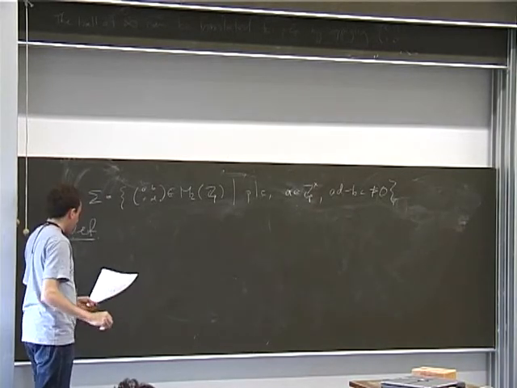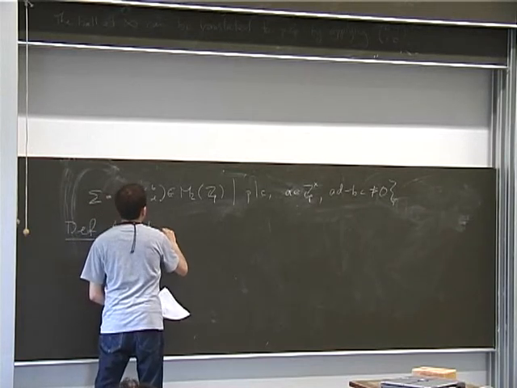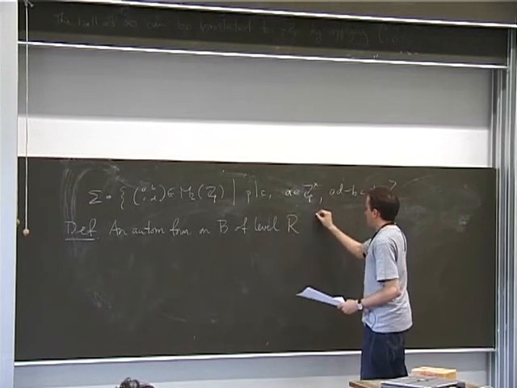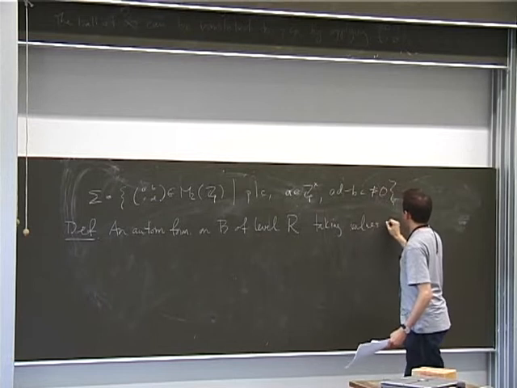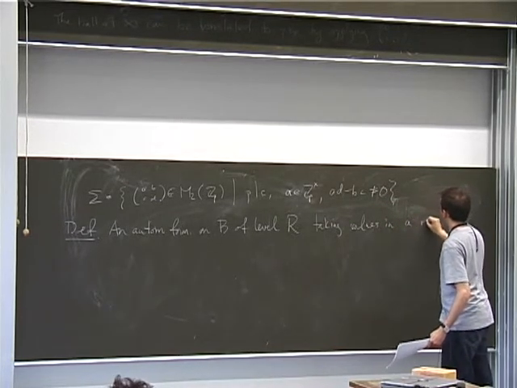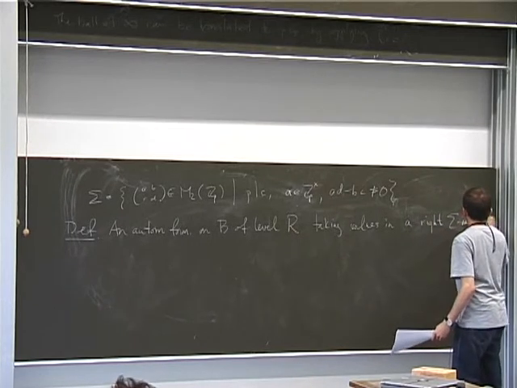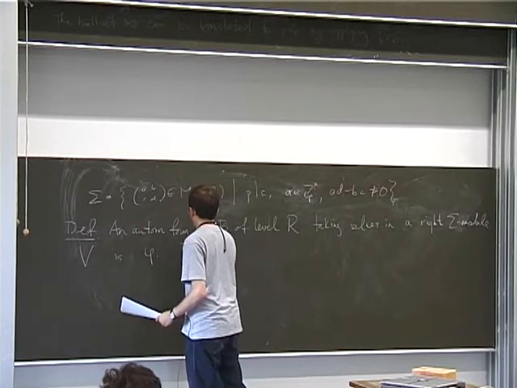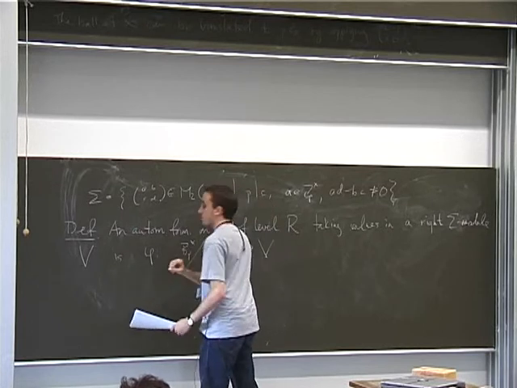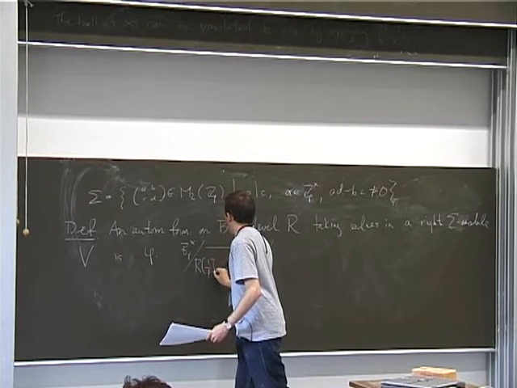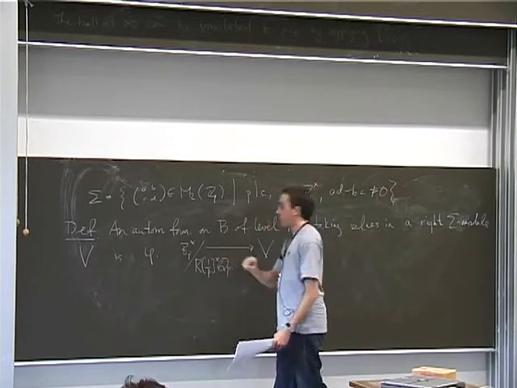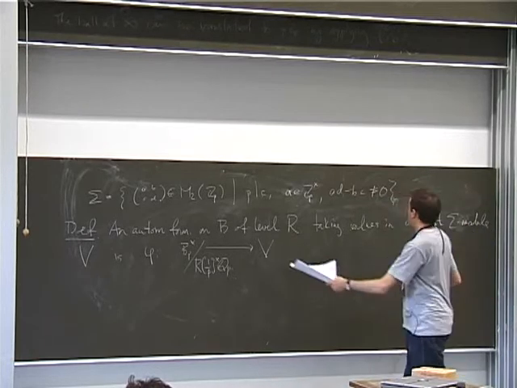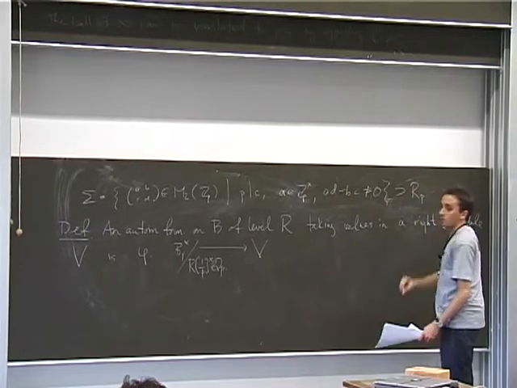Let me define the automorphic forms I want to consider. An automorphic form on B of level R, taking values in a right sigma module V, is a function phi from B_P star to V, invariant on the right by the global 1 over P units and by the center, such that I have a certain equivariance property with respect to the maximal compact corresponding to R. Note that this contains R_P star,